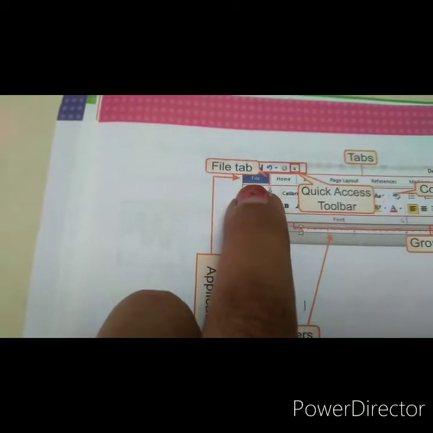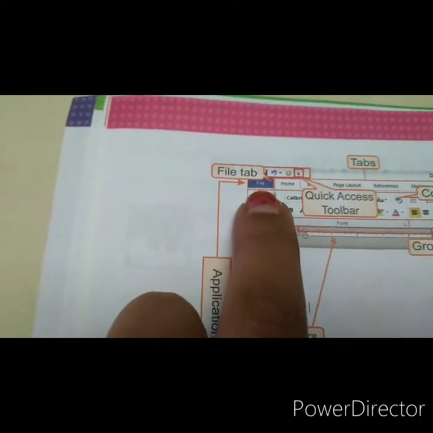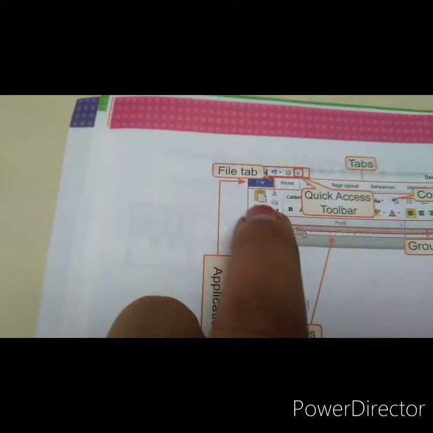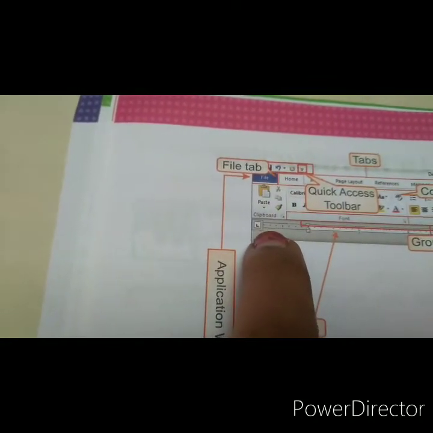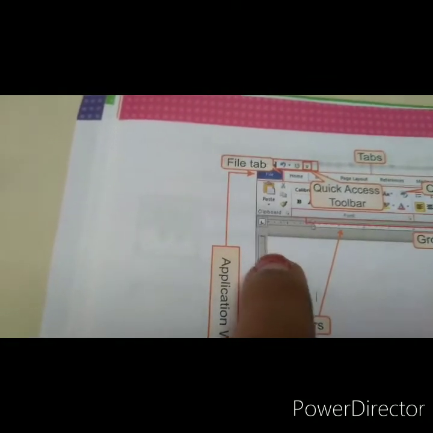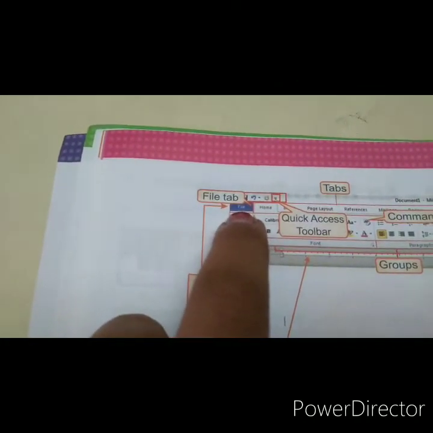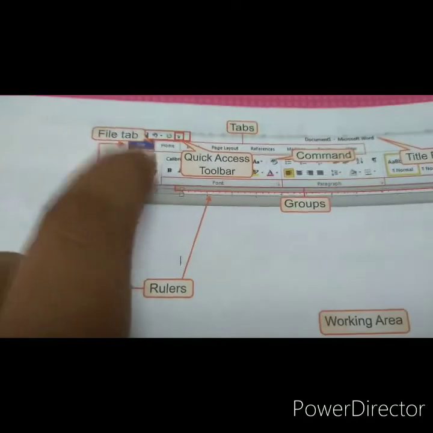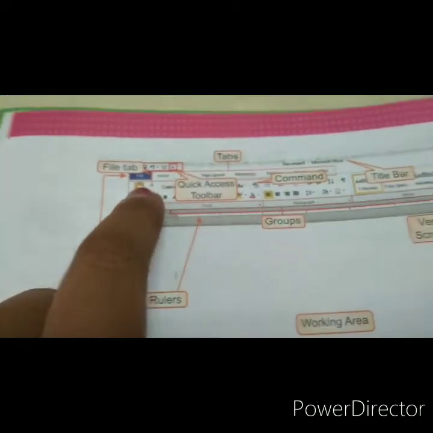On clicking it, it will show us how to open a new document or an existing document, how to save the document, Save As and other things. If you want to create a new file, we just click on the File tab and select the option New.